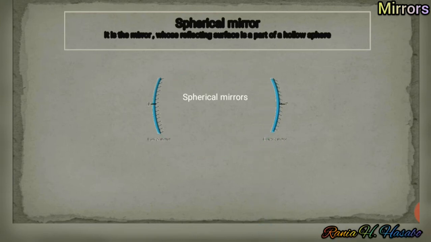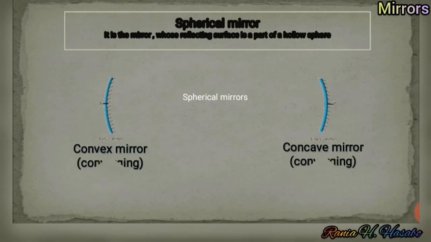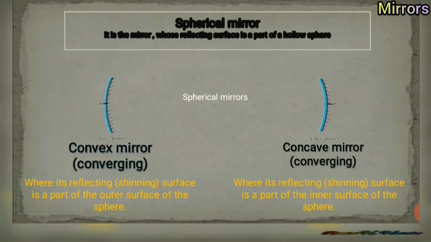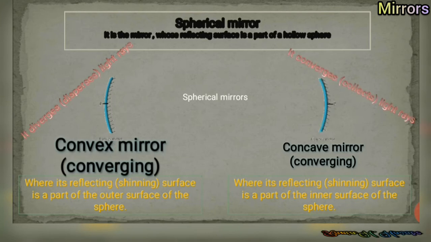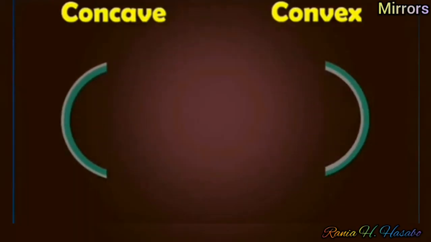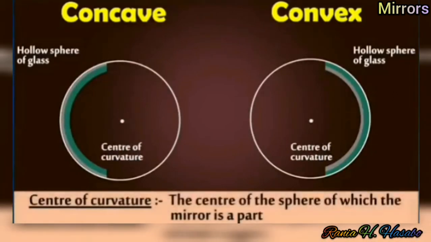There are two types of spherical mirrors, concave mirror and convex one. Convex mirror: it is a mirror whose reflecting surface is a part of the outer surface of the sphere. The concave mirror: it is a mirror whose reflecting surface, or shining surface, is a part of the inner surface of the sphere. Each mirror is a part of a circle of a sphere, and both of them have a